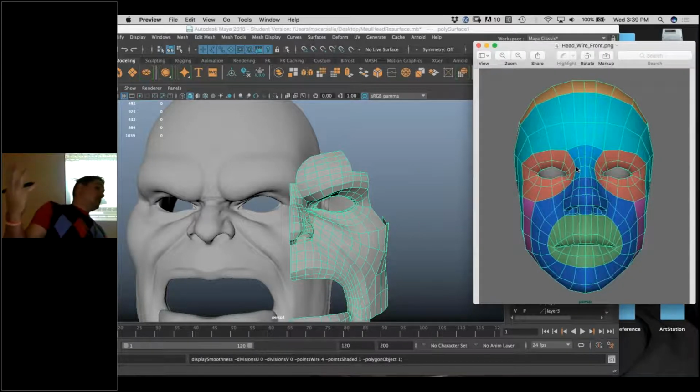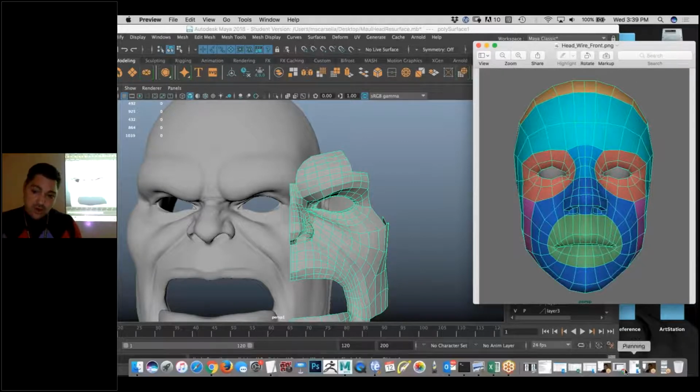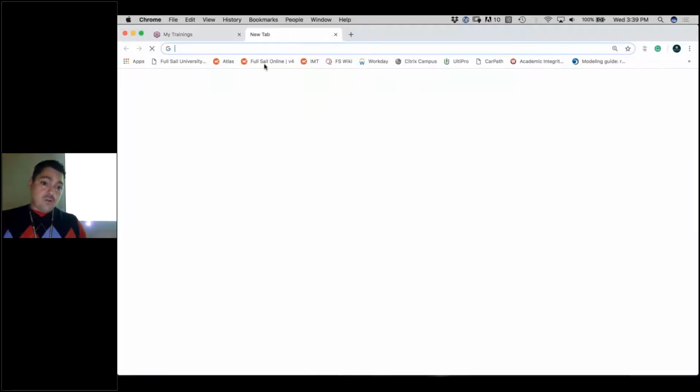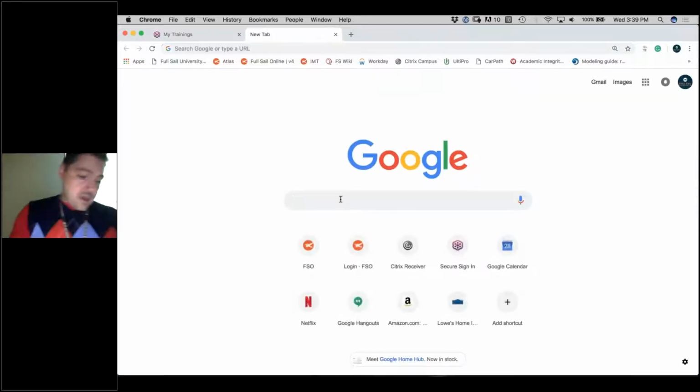One, it's done, right? If all you did was this, at least it's finished. But would it score in the A or B range? Maybe not, because it's still very low res. So we want to pick it up a little bit more and add some of the supports. So what you can do is, if you did go this route and you weren't building it all on the fly, you get into Google and you say, all right,